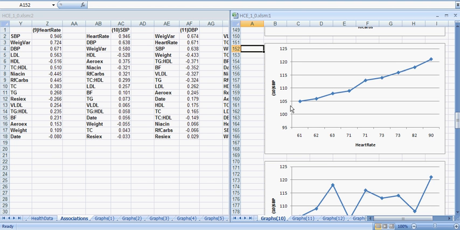anxiety-induced increased heart rate. Since heart rate does influence systolic blood pressure, this increase in systolic blood pressure over time is essentially being caused by this person going to the doctor and getting progressively more anxious over time, and every time the person goes to the doctor, heart rate goes up a bit. How can this person figure out what's going on here?